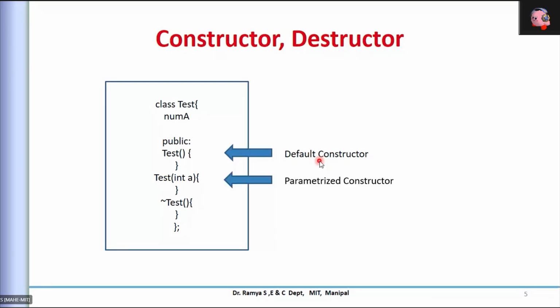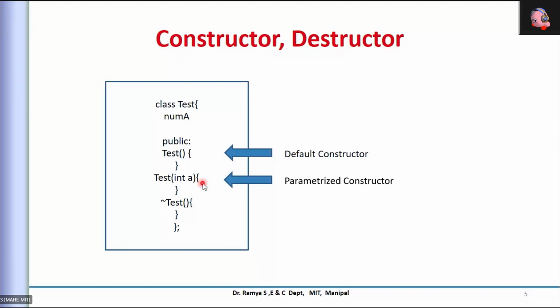Whenever we have some parameters, this is something like constructor overloading. What is a constructor? It should have the same name as the class, and I can have multiple constructors which have different signatures. Signature is nothing but the parameters that I'm going to send to it. This is known as a parameterized constructor, or the concept of constructor overloading.